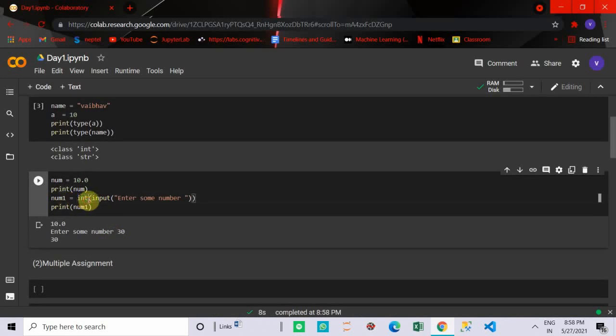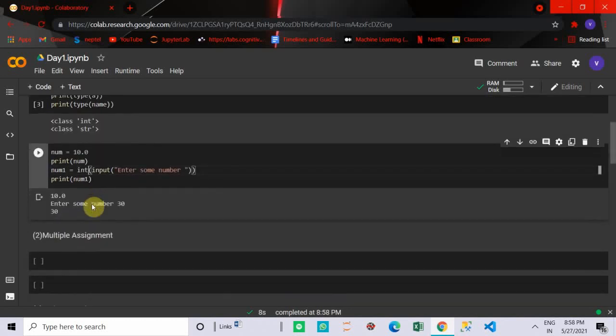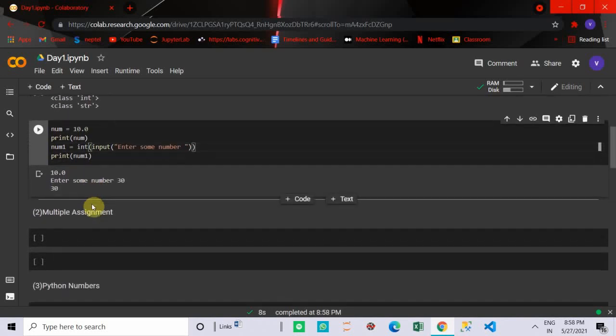And what about typecasting that we used here? Basically, what we take as an input is considered a string in Python when we use the input method. So we have to deal with typecasting if we want to convert that input into another type. So we will discuss this later, okay.